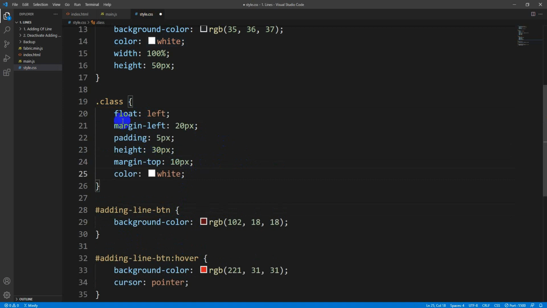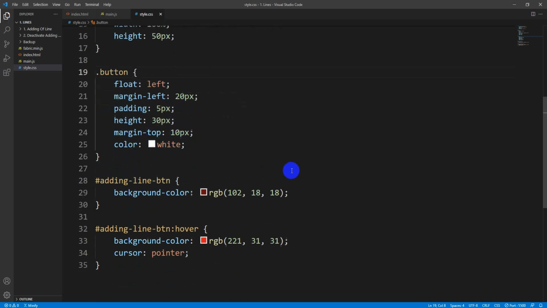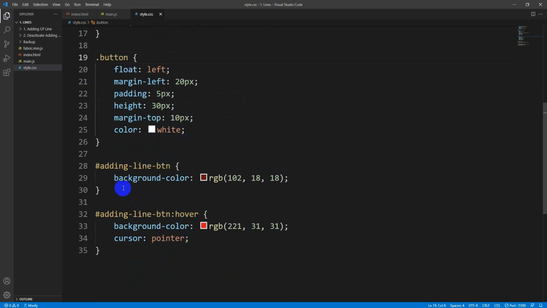So all the buttons having this, oh sorry, it's not class. Okay, so it's button. Right? Okay, so the class is button. So all the buttons having this class would have these CSS properties over here. All right. So now what we have to do is to